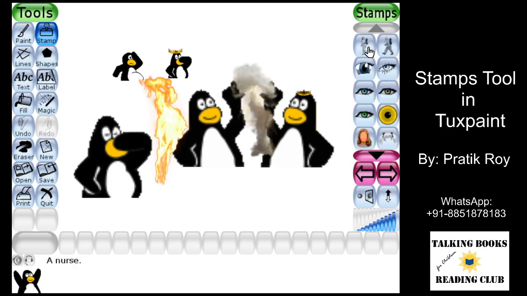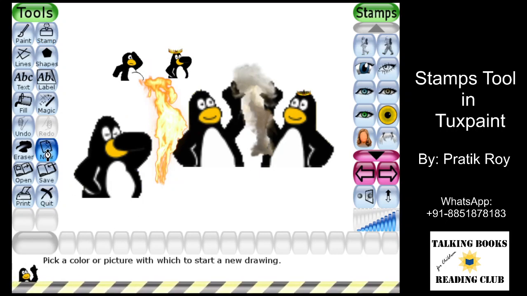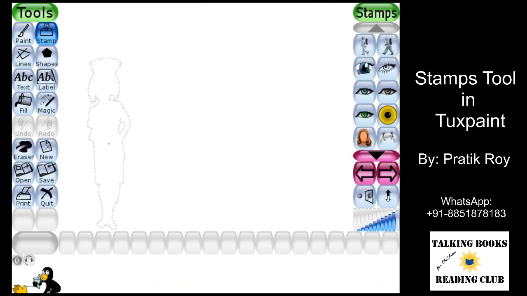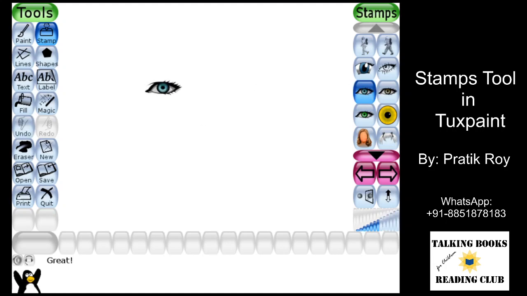This is the faces. I'm sure you'll be very happy to use these for your artwork. Let me create a new canvas so that we have a blank canvas to start to work with. So suppose we start with this eye. We know that this eye is looking at one side, and this is the left eye. And obviously the right eye has to be of the same size and shape. So what I would like to do is mirror this. And if I mirror it, I'll find that I've got the two eyes together.